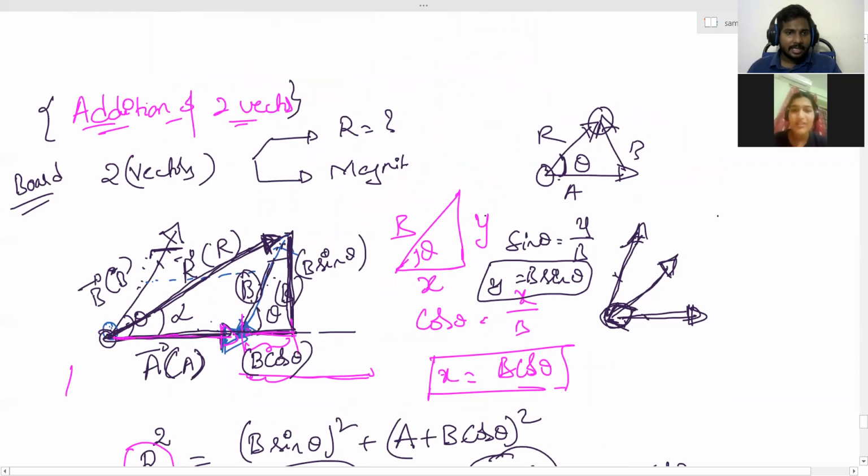If A vector is taken like this, B vector is taken like this. I shifted it to add the vectors, because for adding the vectors, you need to place the tail of one vector on the head of the other vector, right? I know that, sir. In this, everything is fine, sir. In general, I'm confused between magnitude and vectors. You carefully see it. A vector plus B vector is equal to R vector, right?